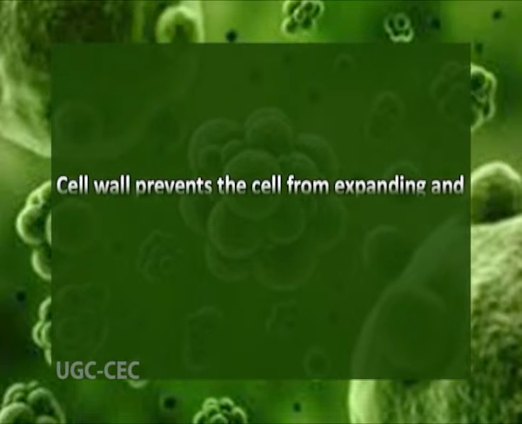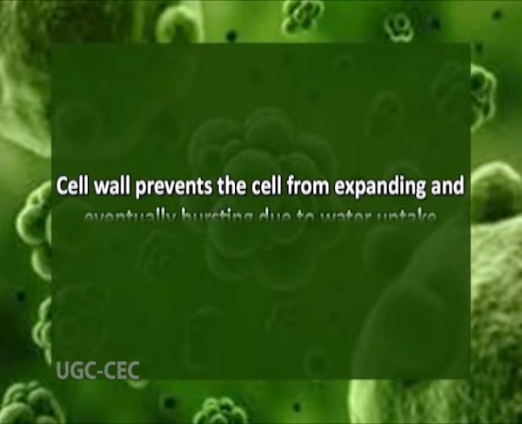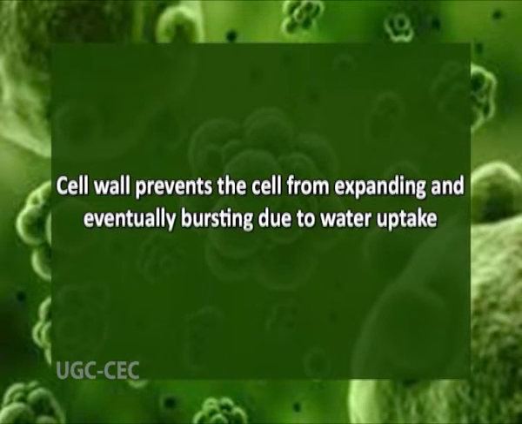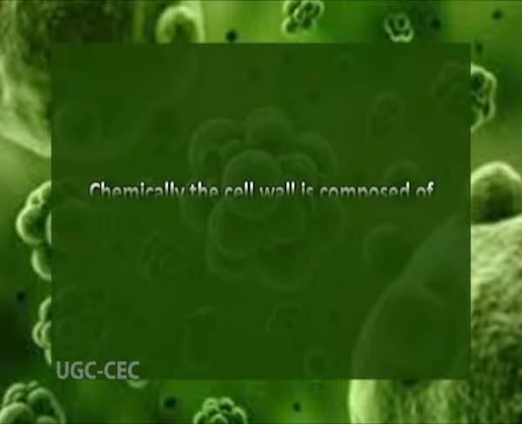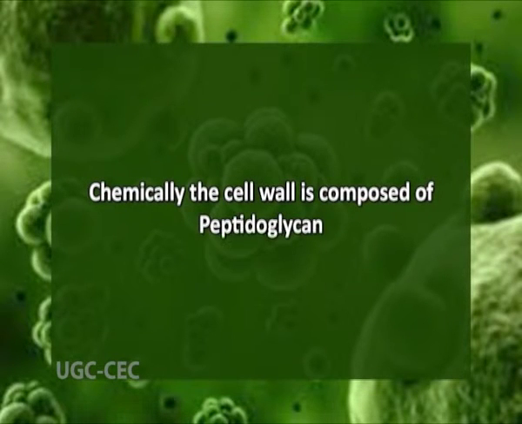Cell wall. Beneath the external structure is the cell wall. It is very rigid and gives shape to the cell. Its main function is to prevent the cell from expanding and eventually bursting due to water uptake. The cell wall constitutes a significant portion of the dry weight of the cell, and it is essential for bacterial growth and division. Chemically, the cell wall is composed of peptidoglycan,